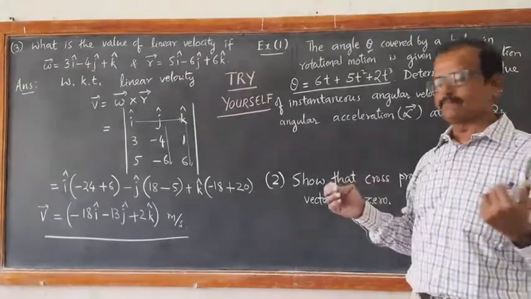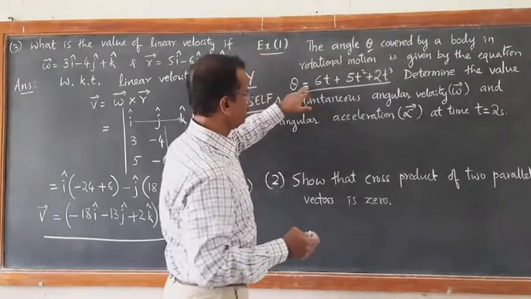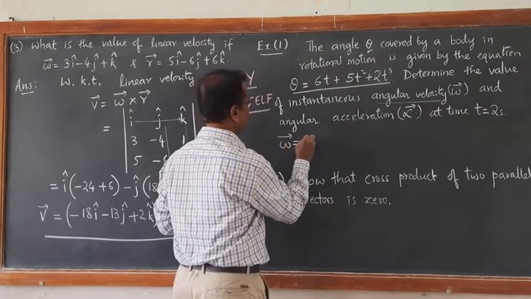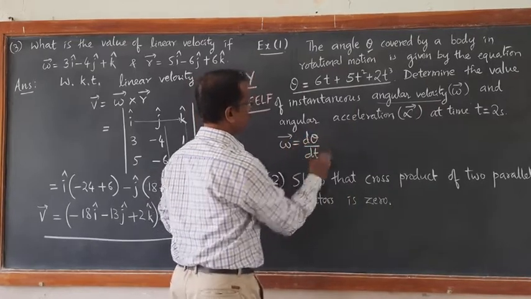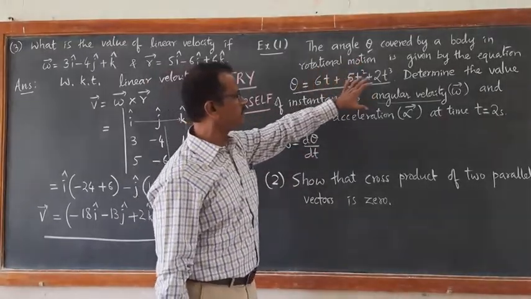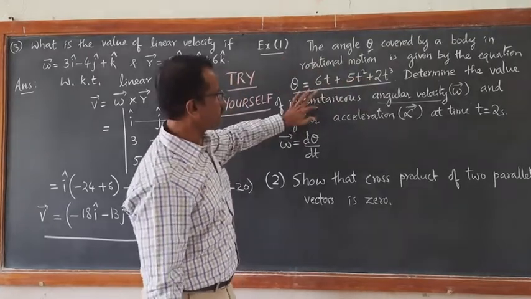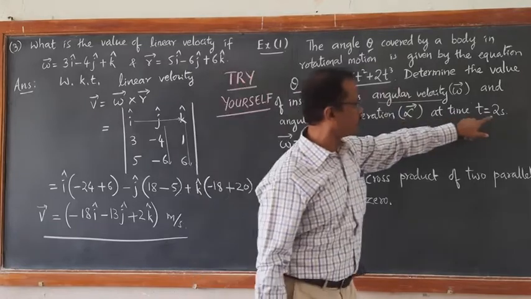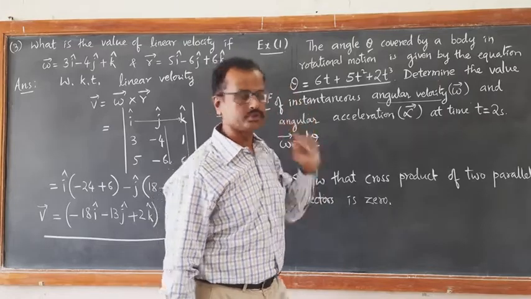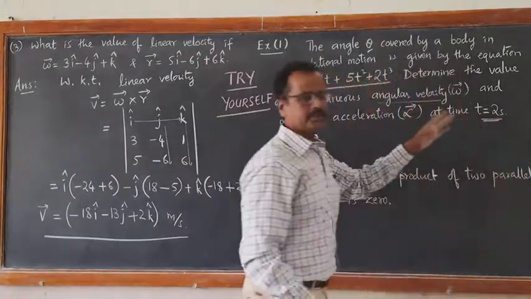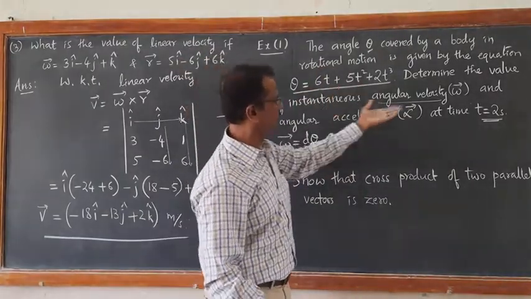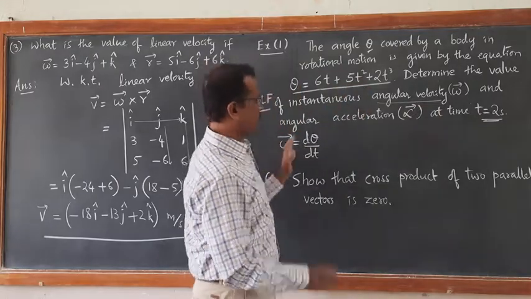And the procedure is same. So first you write the equation of theta and then find out angular velocity. We know angular velocity omega equal to d theta by dt. That's it. Differentiate this equation with respect to time t. You will get an equation in terms of t, that gives you angular velocity, and put time t equal to 2 seconds in that. You will get instantaneous angular velocity at time t equal to 2 seconds. After getting this differentiation, you have to put the value of t equal to 2 seconds.